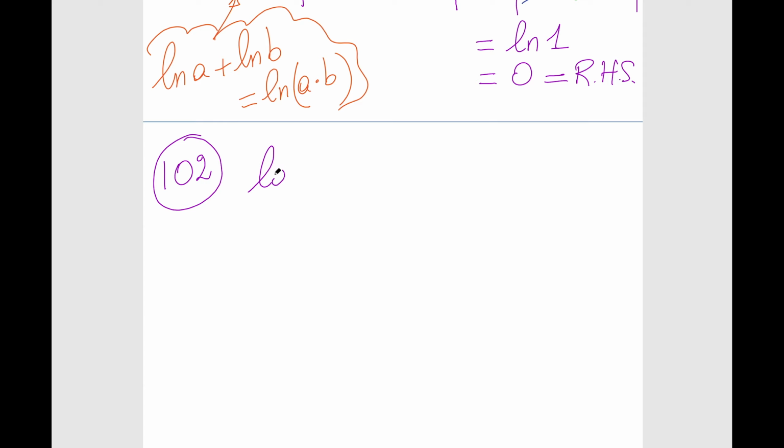We want to show that log base 10 of 100 to the power sine x... Remember, this is a notation, log base 10. You don't write the base, correct? It's the common logarithmic function. You want to show that this is twice sine x. Okay. Well, let's start. Left-hand side